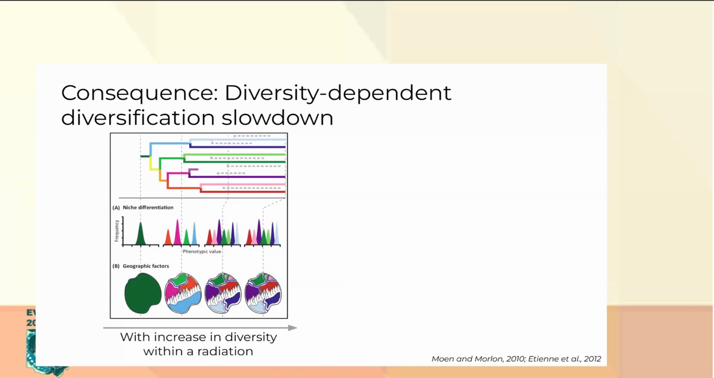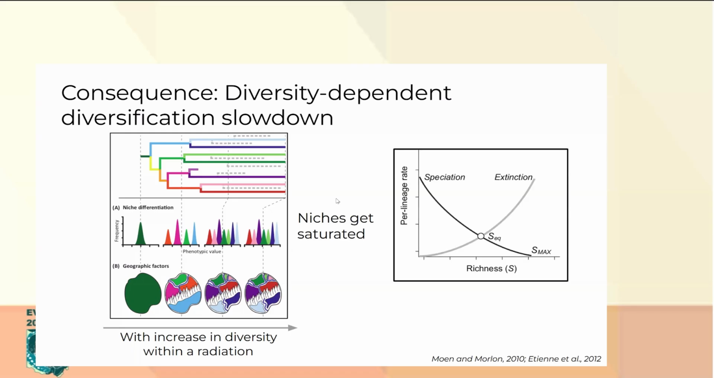Now, as a consequence of in situ diversification, with the increase in diversity, the available niches keep getting filled up, and the niches get saturated, right? So essentially, with the increase in diversity, the rate of speciation actually decreases because there are no more niches to diversify into, right? And also the extinction can keep increasing with the increase in competition as the niches get saturated, right? So